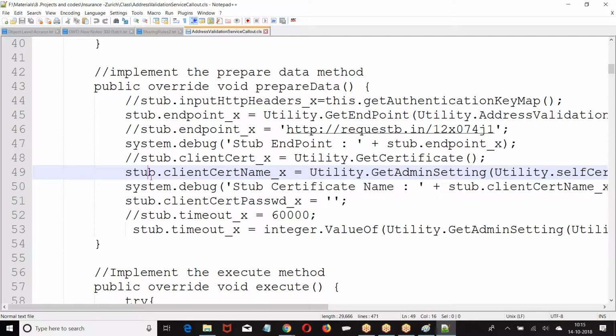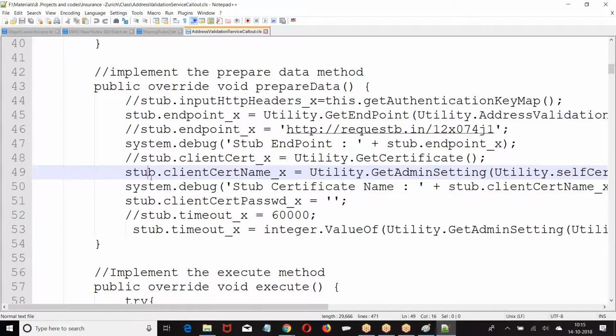Now you are finding utility.get admission because this is connected with the 13 systems. So depending upon the requirement, the corresponding certificate will be fetched and integrated. The endpoint URL will be fetched dynamically. The certificate will be fetched dynamically, for which we wrote one utility class. Only the certificate name we are passing. Previously we used to pass certificate name, password. That is the old pattern.